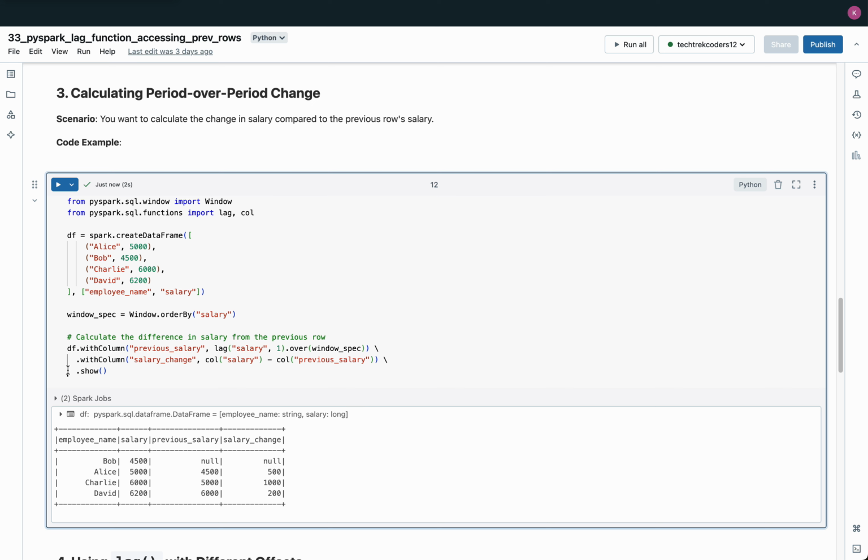Then we use the withColumn function again to create another column called salary_change, which calculates the difference between the current salary and the previous salary. We do this by subtracting the previous_salary column from the salary column using col("salary") - col("previous_salary"). When we display the result using the show method, we can see that the first row, Bob with the